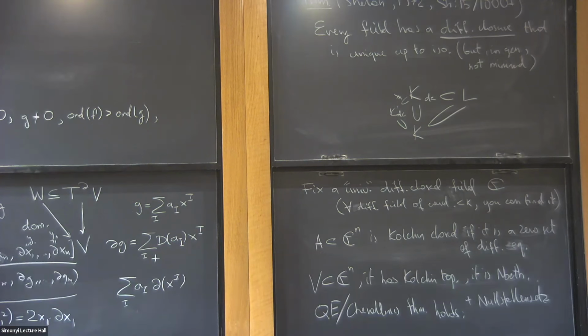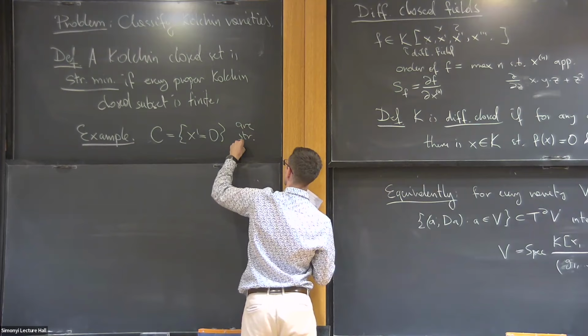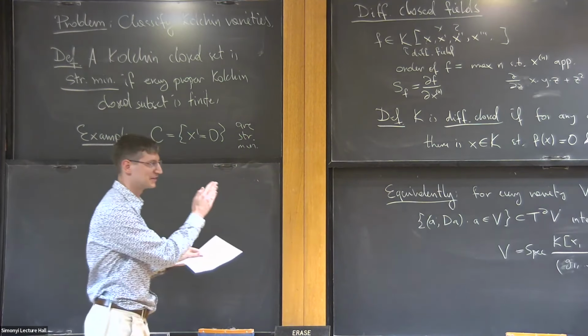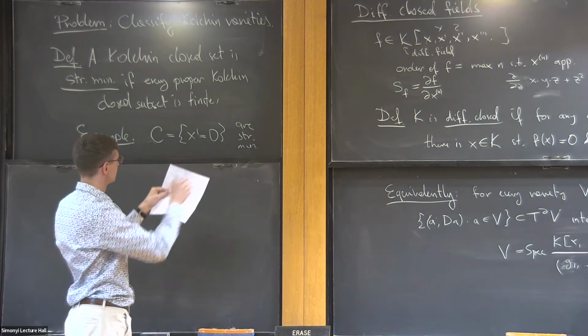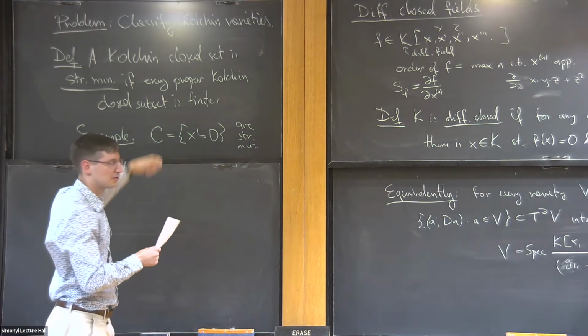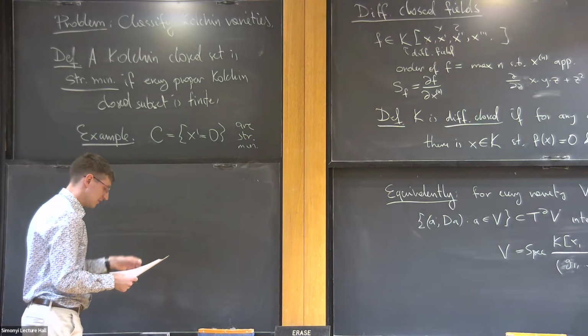But yeah, maybe an example of something strongly minimal is not the whole field, but just the constants. So the constants are strongly minimal. But then the problem is that the whole field is filtered by these. You can look at increasing unions of sets where the first derivative is 0, the second derivative is 0, and so on and so on. So they should have bigger dimension, like infinite dimension.